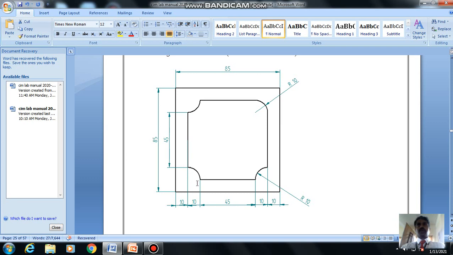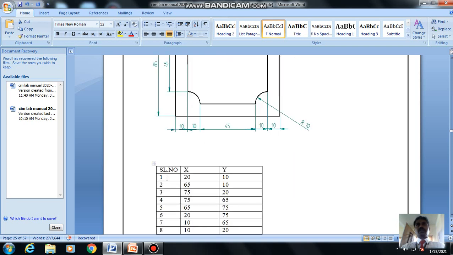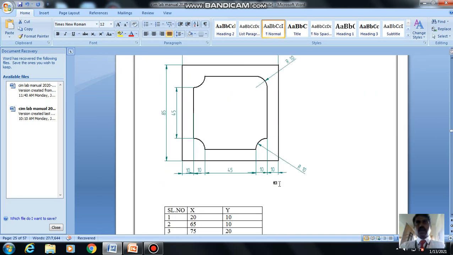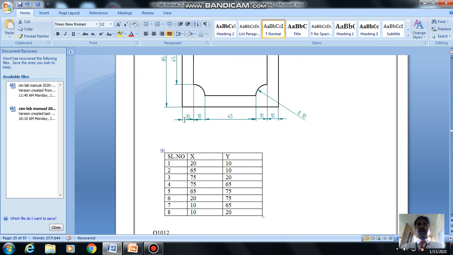First of all, we have to make some points: 1, 2, 3, 4, 5, 6, 7, 8. So these are the points we can make here. As per this, we will make a tabular column of the coordinate points. This is the point where we are going to start.